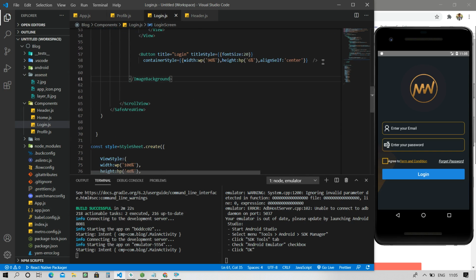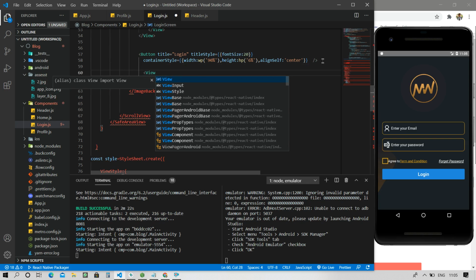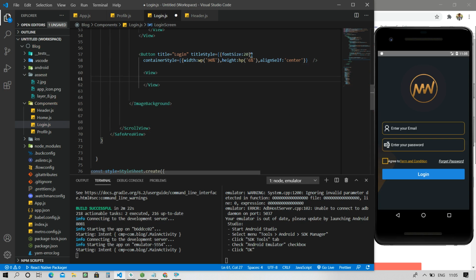Now let's create a view for when a user is already logged in.